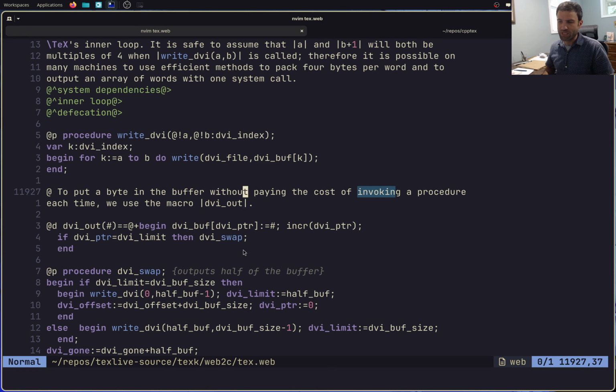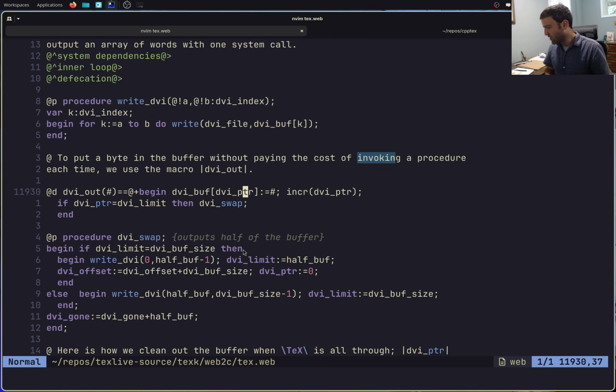And one of the comments here is that one of the reasons that we're using a macro here instead of having a function that's doing this for us is to avoid paying the cost of invoking a procedure. Nowadays, we're very used to aggressive optimizing compilers that will happily inline functions for us and things like this. And that just wasn't the case in the late 70s, early 80s. And so having this be a function instead of a macro might have meant an expensive function pointer, putting variables in the call stack, something that would really have slowed down